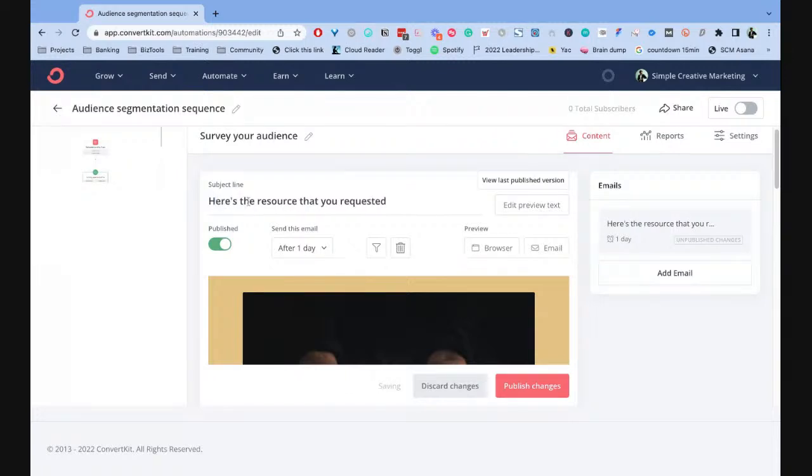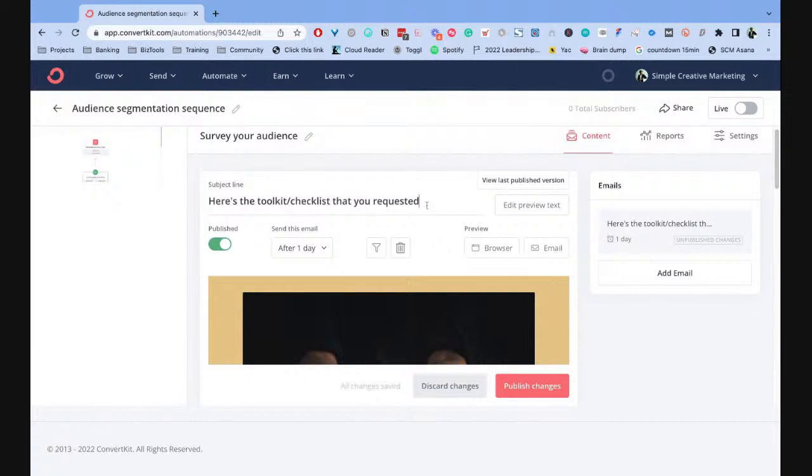A good tip is to stay away from the word free in a subject line, because a lot of email providers are now detecting the word free in a subject line and marking those as spam. So to increase the rate of your email getting delivered and opened, I'd stay away from the word free if possible, and just say here's the toolkit, here's the checklist, whatever it is they requested,